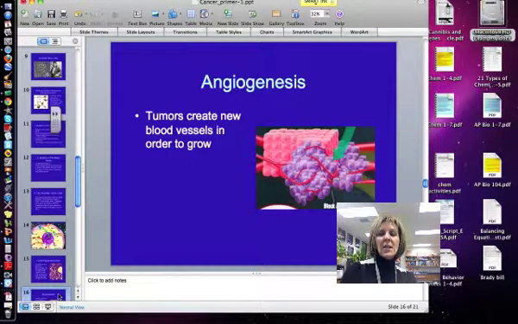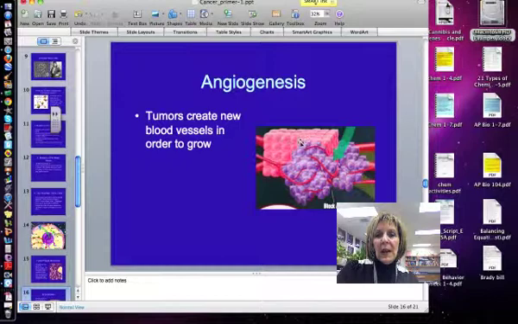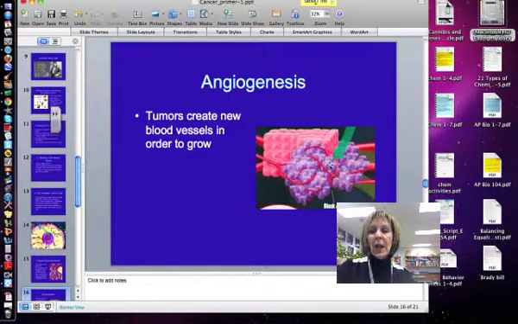Angiogenesis is the production of new blood vessels. So angio means blood vessels, and genesis, of course, means new. One of the things that happens with cancer cells is that they have to get a blood supply because they need nutrients, they need to get oxygen, and they need to get rid of their waste and their CO2. So here you see these pink cells are normal cells that have a blood supply. But these purple cells are cancerous cells, and you can see that there are a bunch of new blood vessels that are supporting that cancerous